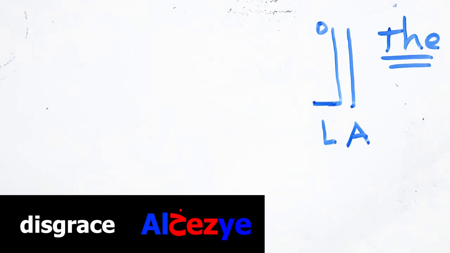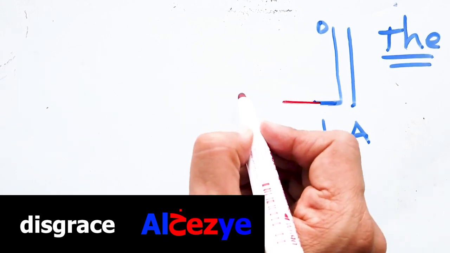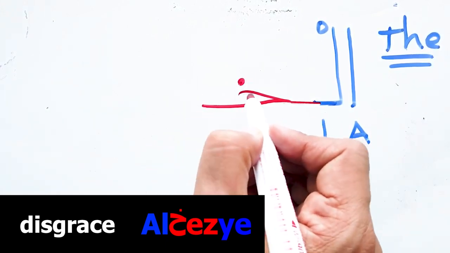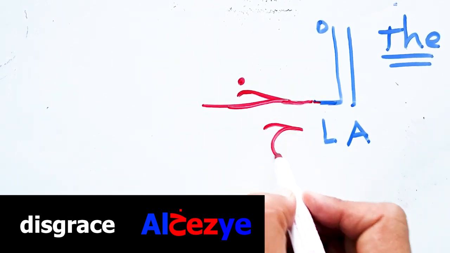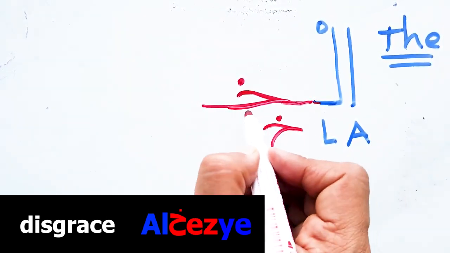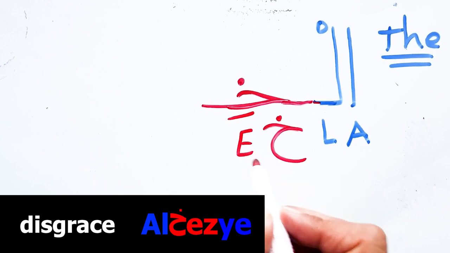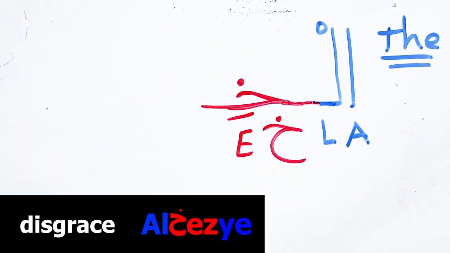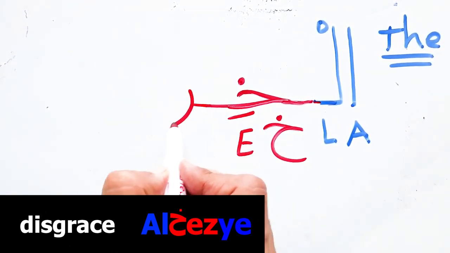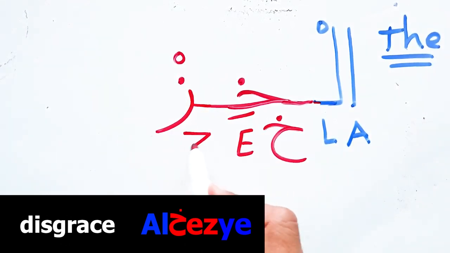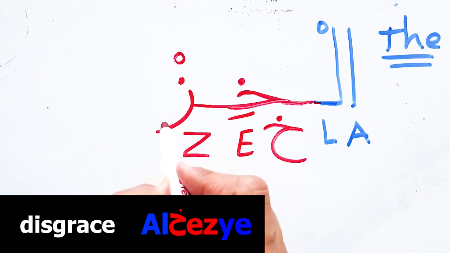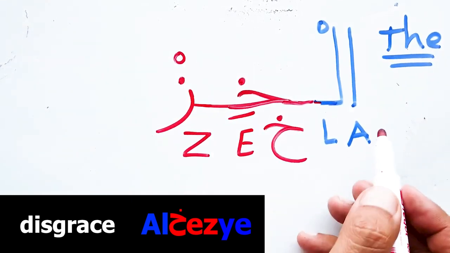الخزي. خي. We said before, kha, sound of kha doesn't exist in English. Al-khi is kasra, let's add e. Al-khiz. The sound of z with sukoon, I must pause here. So here, this is the sound of z, and now I will pause because I have sukoon.